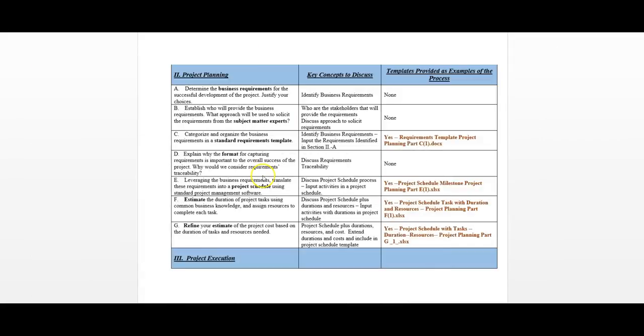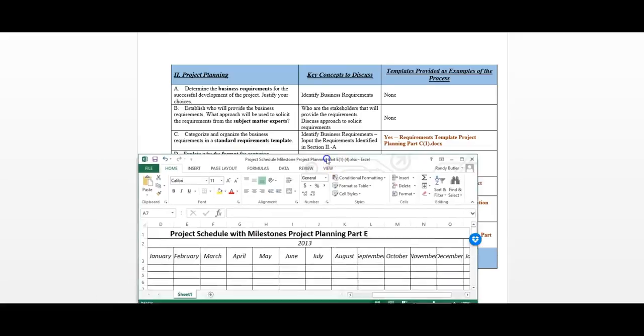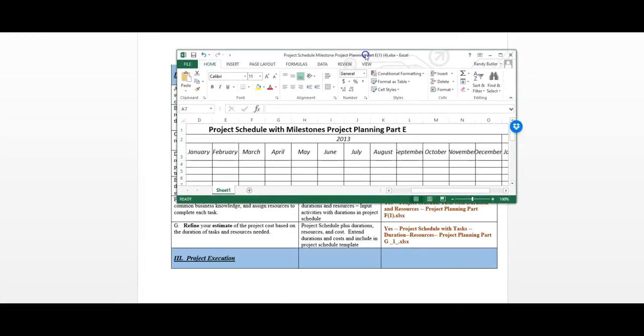Also, let me go back here now to, we talked about traceability, and there's no template required there. If you want to come up with something, several students in the last assignment had a traceability matrix in there, which is good. I did not include that as an optional template, but if you want to add something, that's fine. Part E is leveraging the business requirements. So you need to translate those requirements into a project schedule. I've just given you something simple here. And again, if you want to use something out of your own library,